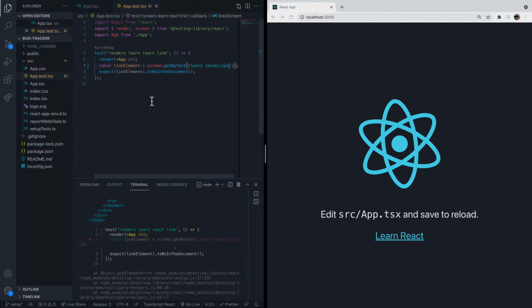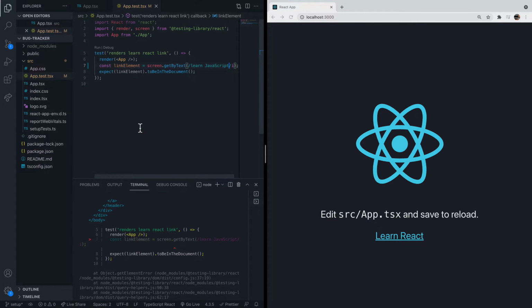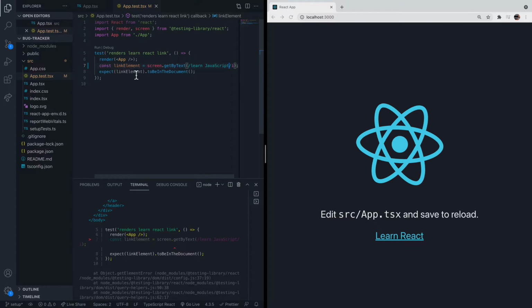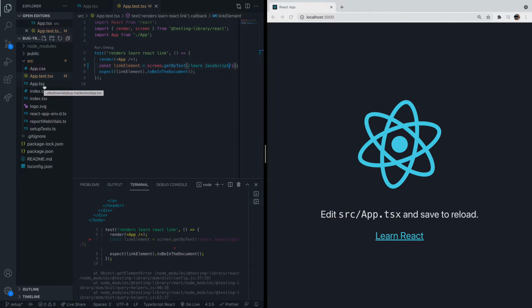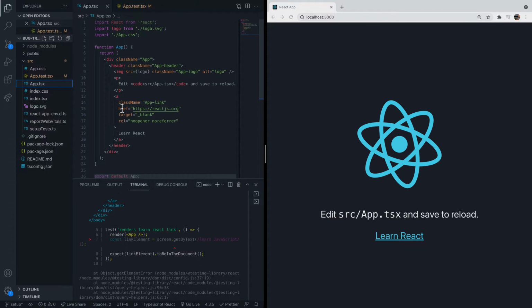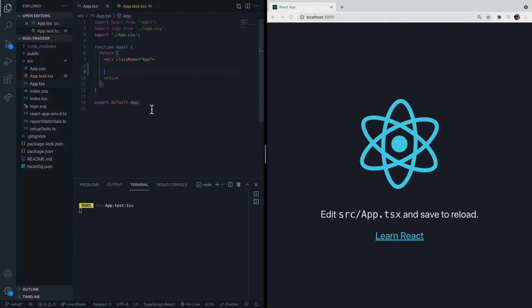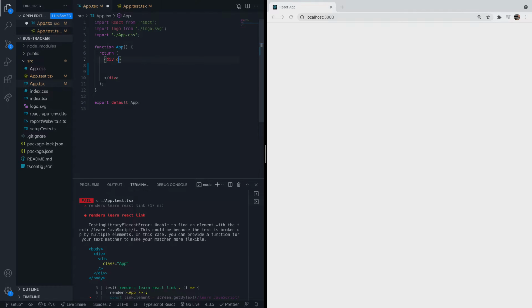And we're going to be coming back to this test in just a moment, but let's make a start on actually creating our bug tracking app so that we can make some more specific tests. So let's head on over to the app.tsx file, and just for starters, I'm just going to remove a lot of the stuff that we've got in here to get us back to a starting point. And let's just put a heading level 1 tag back in here, and let's say bug tracker with a little bug emoji,